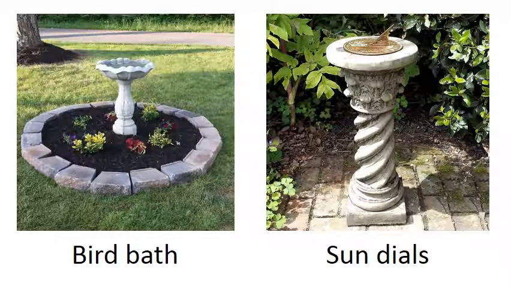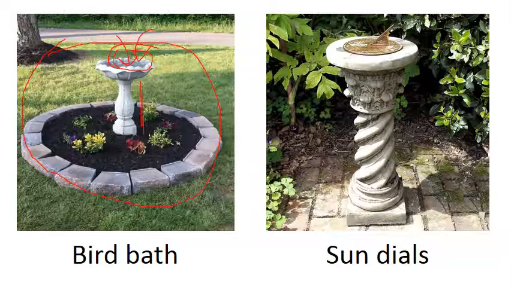This is the picture in front of you. This is the picture of the bird bath. It is around 1 meter, and here the bird can drink that water, the bird can bathe in that water, to increase the living beauty. What is the living beauty? If you don't understand, you can see my previous lectures. I'll provide you the link in the description box. Living beauty, non-living beauty, there are many beauties of a garden.